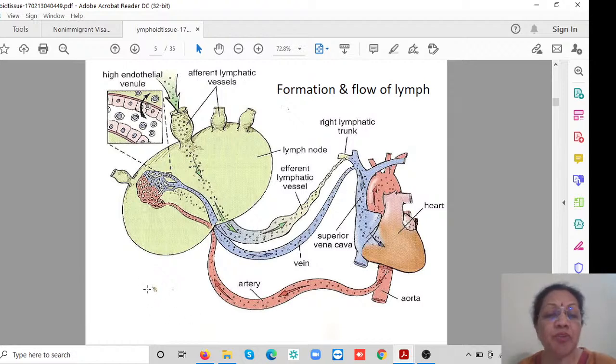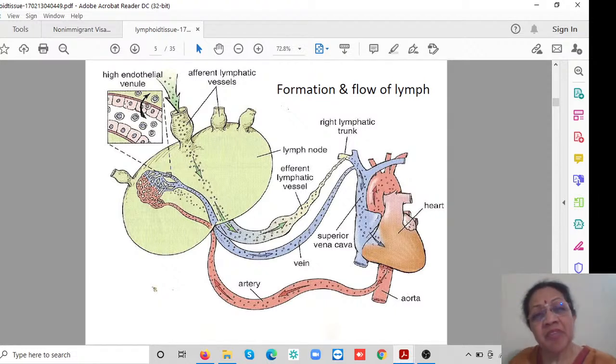The second thing you have to remember is that there is something called a high endothelial venule, which is there inside of the lymph node. Now, how did that come? Because every lymph node will have its own blood supply. It has to be kept alive, right? It needs arterial blood, and it will give away venous blood, which will be branches from the arterial system. There it will break up into a capillary network like any other tissue. Then those capillaries will get reconstituted into the venules serving the lymph node,